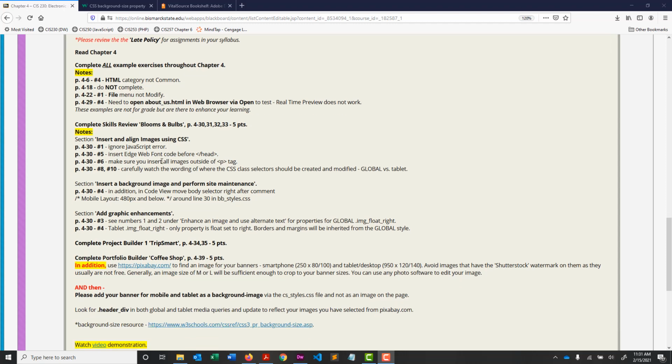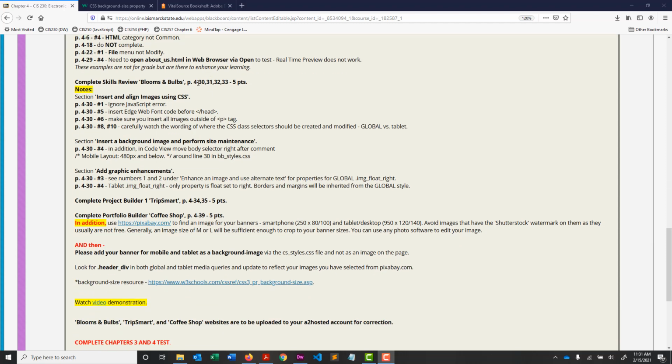the lessons. And then we have Blooms and Bulbs, which is pages 30 through 33. Again, some modifications that you need to be aware of on these pages. So the JavaScript error: insert the Edge web font code before the head tag. Just make sure you're going through these modifications and applying them as you go through. So what you're going to come out with